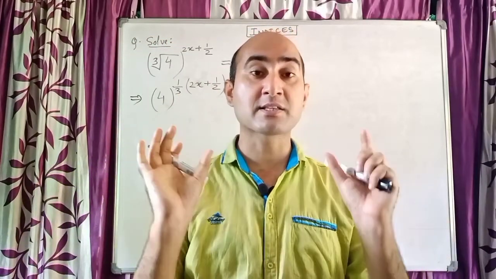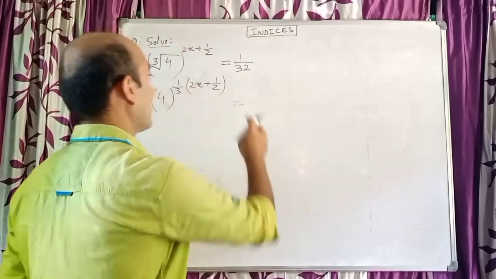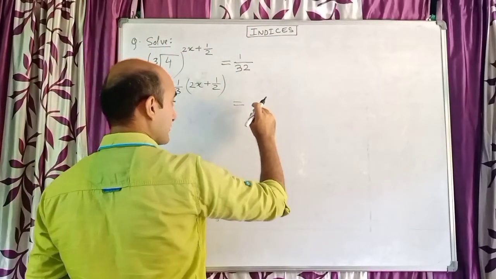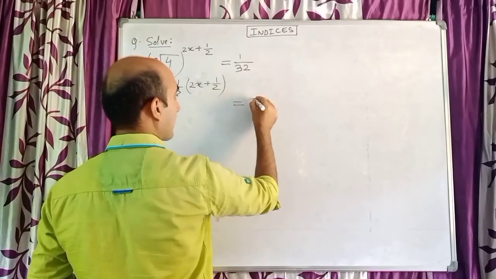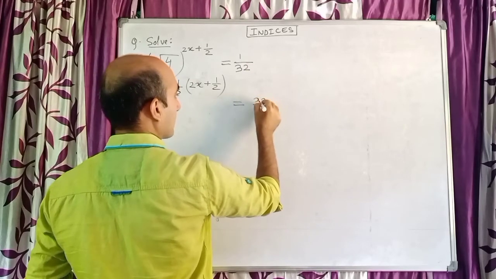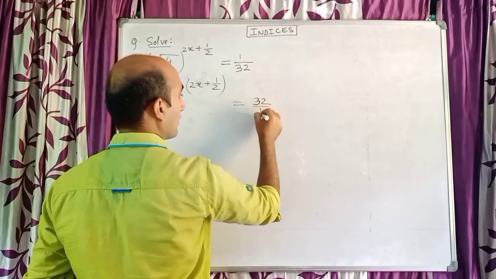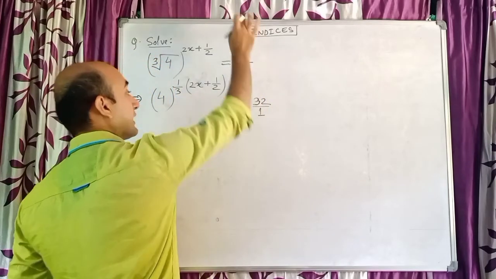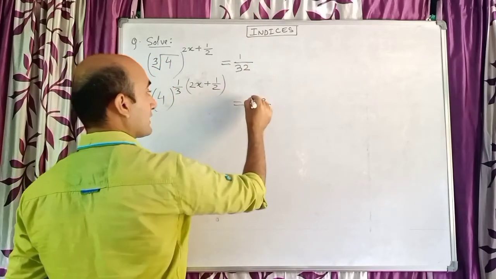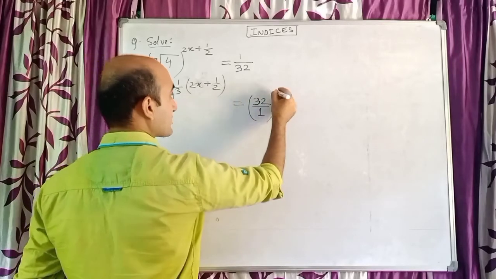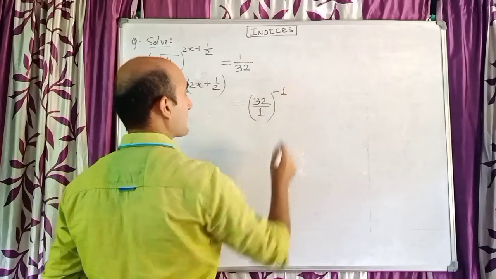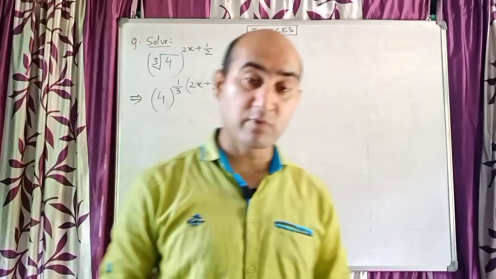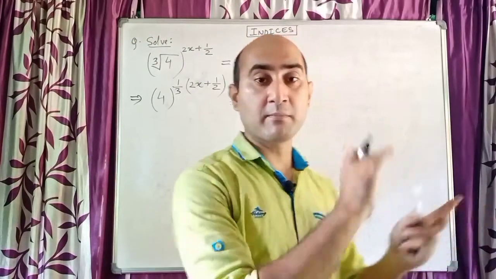Both of them have to be in the same position. So that's why you bring this 32 from the denominator to the numerator and write 32, but 1 will go down. So the numerator came down and the denominator went up, interchanged. But when this takes place, your power will change. Power will change means positive will become negative and negative will become positive.